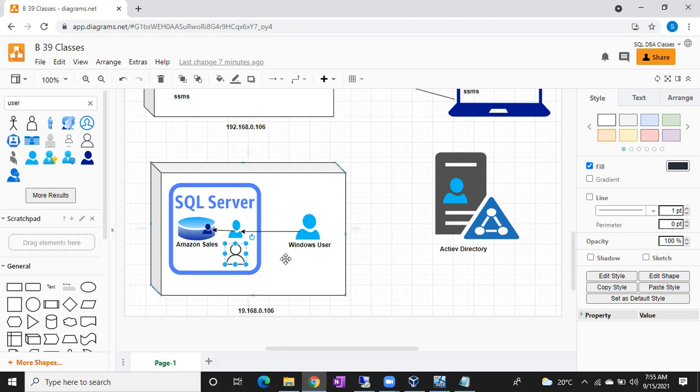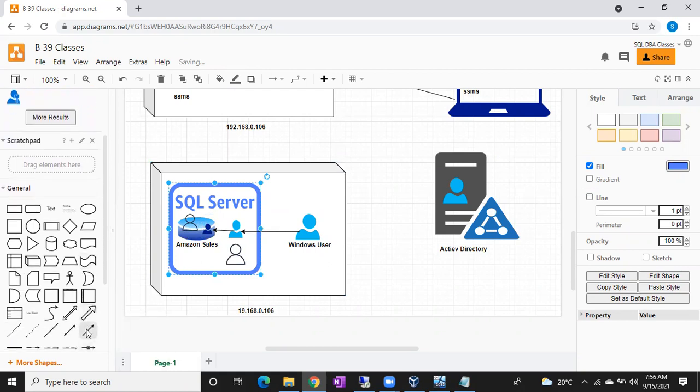There is no need to create any Windows users in the Windows machine, though of course they are members of Active Directory. They can directly create it as a SQL login and we can give access on the database. Again, if this person wants to access this database, we have to give permissions on this database. Then only he can connect to my database. Until then he cannot connect.